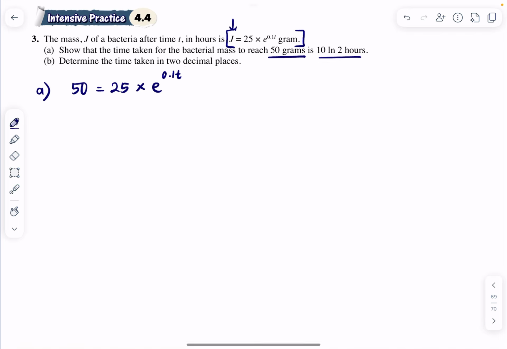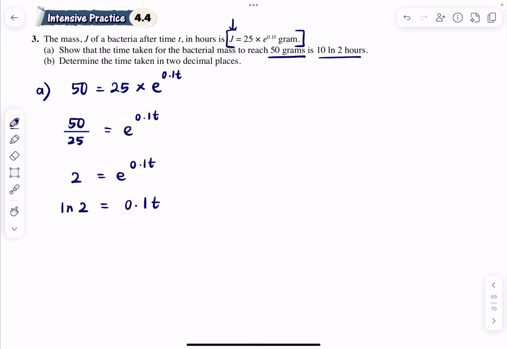Okay, so to make t the subject, first we bring the 25 over here, it becomes divide. So 50 divided by 25 is just 2. Then we move the e over this side. When we move e over here, it becomes ln 2